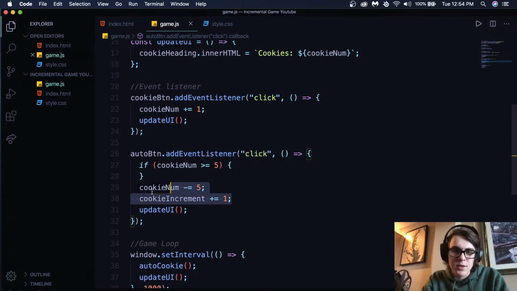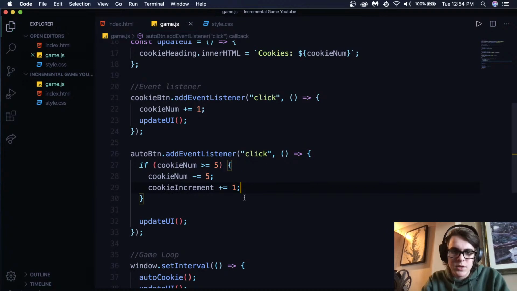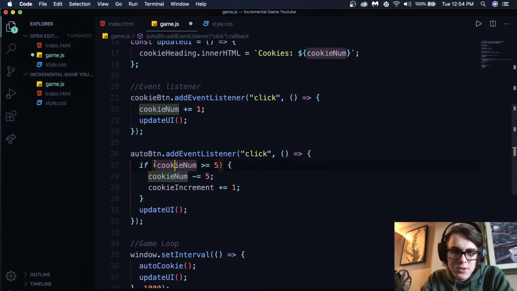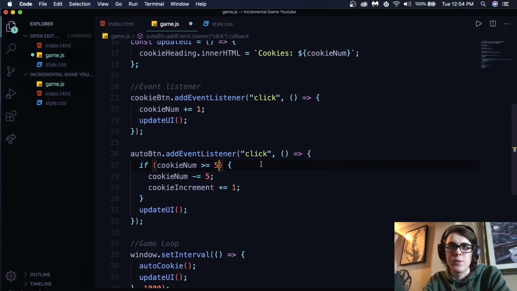So let me grab this, and that will be the increase. So this is going to say, if this is true, so if we have more than 5 cookies, like say we have 7 cookies,